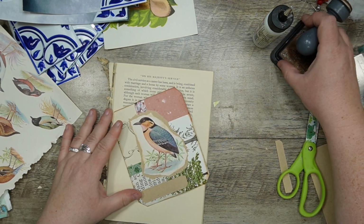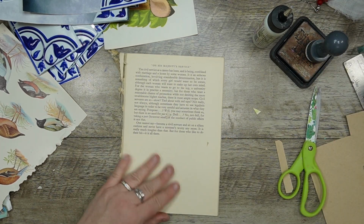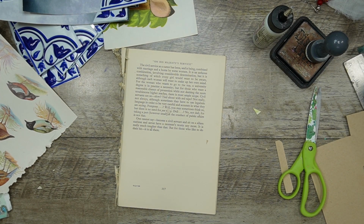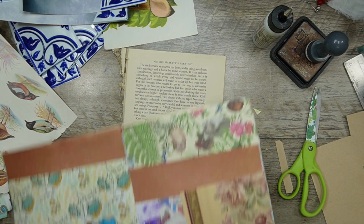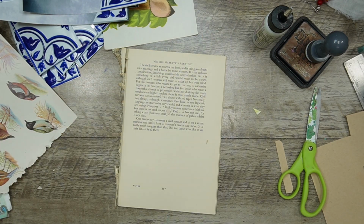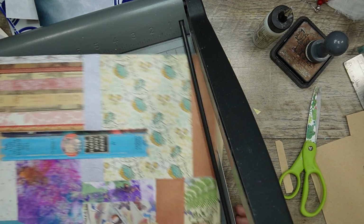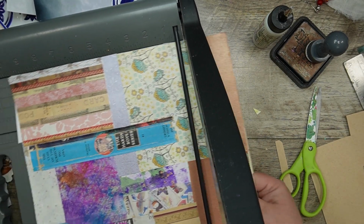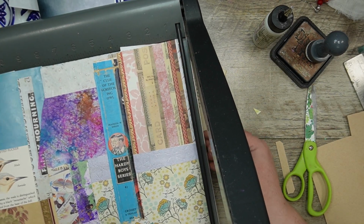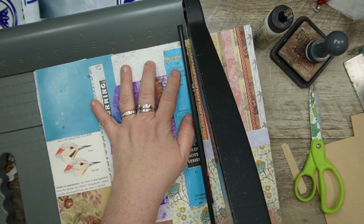It's fun. All right, so now let's jump into handling the rest of these birds. So I need another collage board, which I have here. And I need my chopper. So I think we'll go maybe this way. There we go. And I want to make these a little thinner